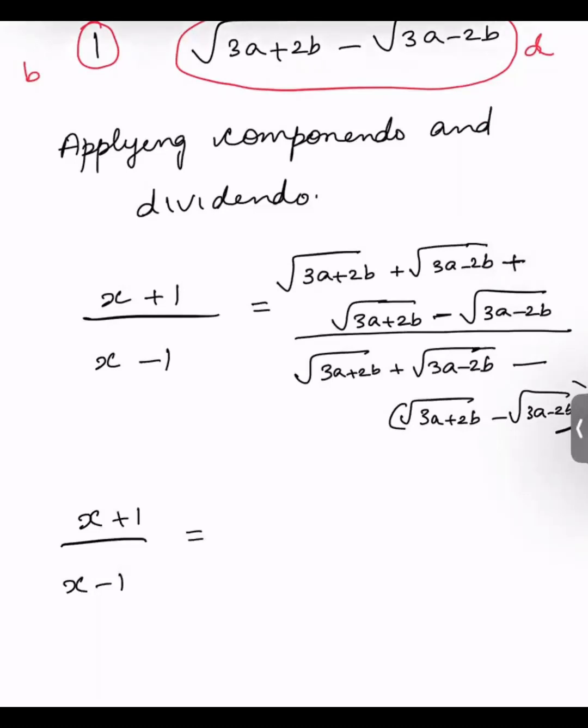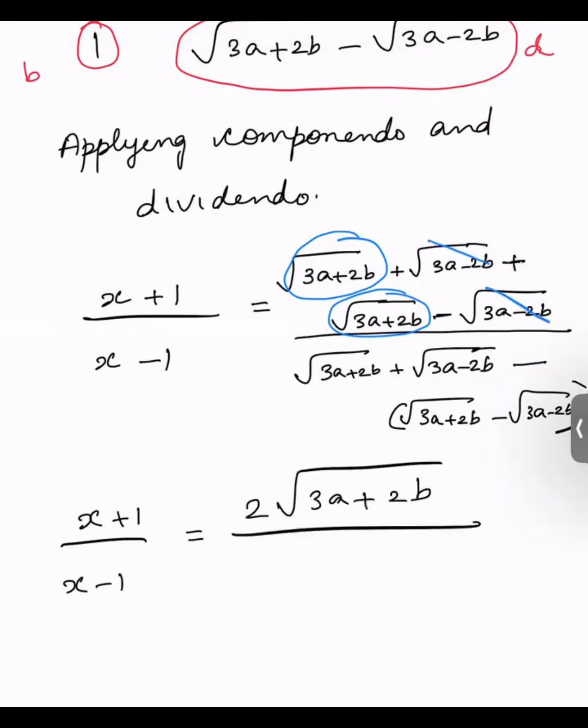So basically these two, this and this, when I add, I get 2 times root 3A plus 2B. Okay. And look at this term and this term. This is plus root 3A minus 2B minus root 3A minus 2B. So those terms will get cancelled out. The only thing that you are getting is 2 times root of 3A plus 2B divided by, look at the